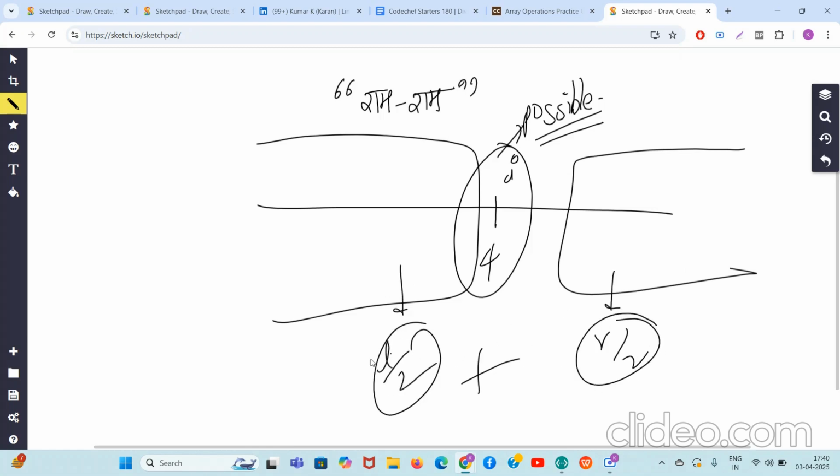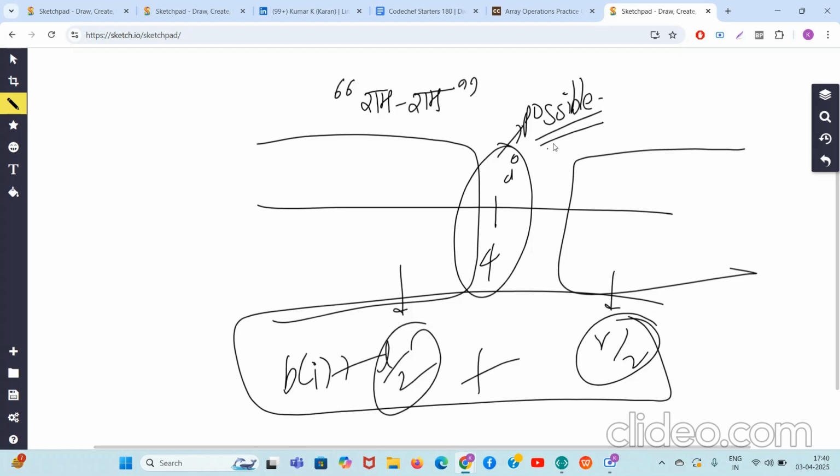L by 2 plus R by 2 plus P of I is the largest possible value for the ith element. If everything goes well, you do it for all the elements and your job is done, and that's how the problem gets solved. Even when we are considering the wrong cases at multiple indices, still the final answer will be correct